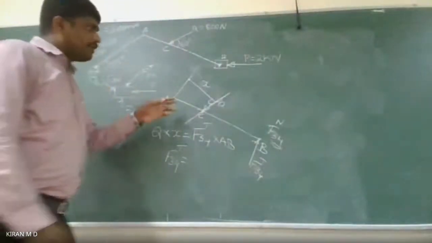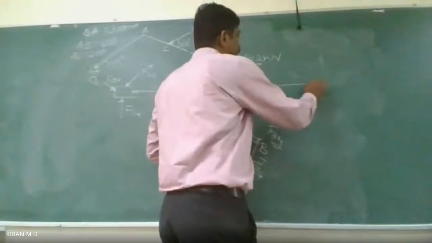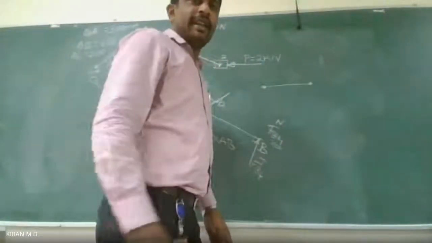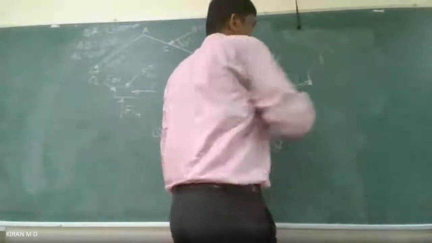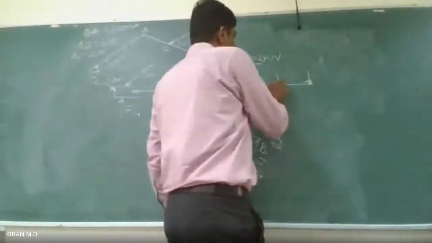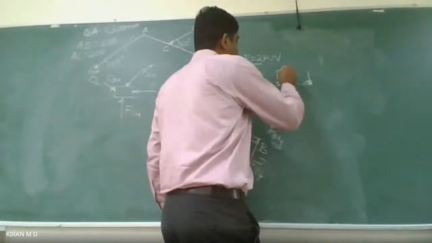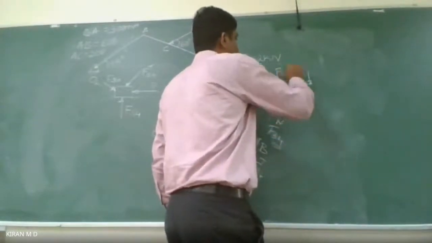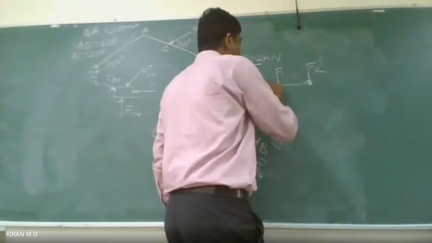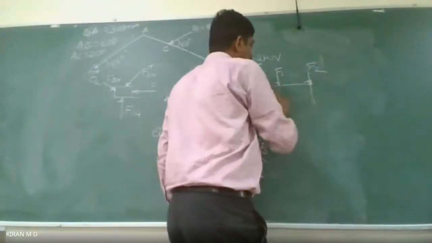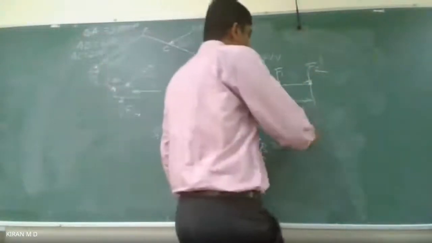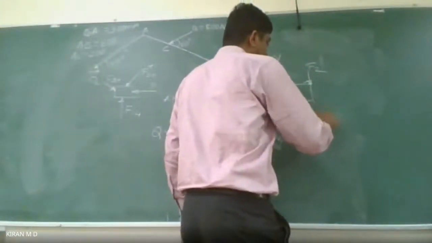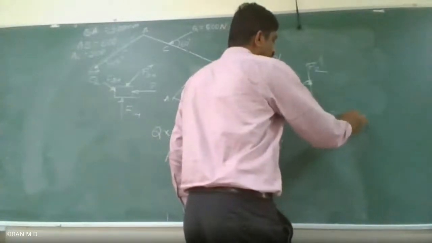This is the equation of moments. You may remember, if you take any one line when writing the moment equation, is there any force here and here? The moment is the same. So if I take this as F1, F2, this is X1 and this is X2, we write the moment equation F1 X1 is equal to F2 X2.